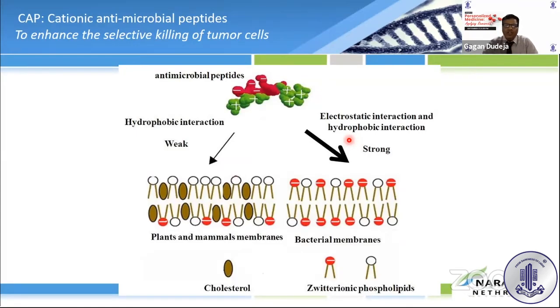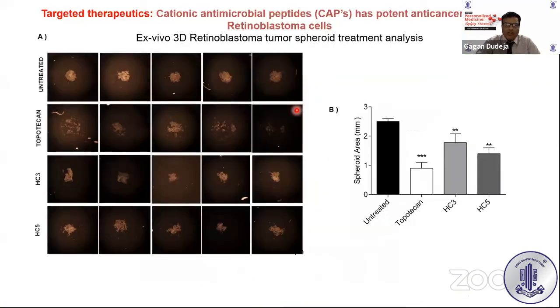And going with this, we also checked out another molecule. We have something called cationic antimicrobial peptides. They are naturally acting peptides which work against the bacterial cell wall. So they are positively charged, and they are going to work on the cell wall which is negatively charged, and then destroy the cell wall and cause cell lysis. Now, interestingly, the retinoblastoma tumor cell also has a negatively charged cell wall. So the peptides can work against retinoblastoma.